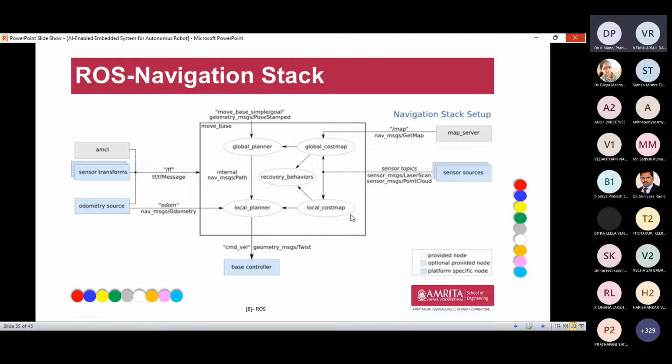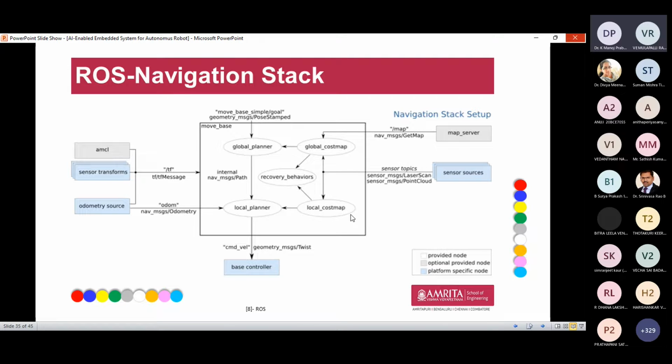This information is sent to the main ROS, and there is an algorithm called visual SLAM, that is, simultaneous localization and mapping. It does global path planning, local path planning, and motion path planning. Everything comes together and performs actions, with some AI behavior, using the sensor sources and map server.